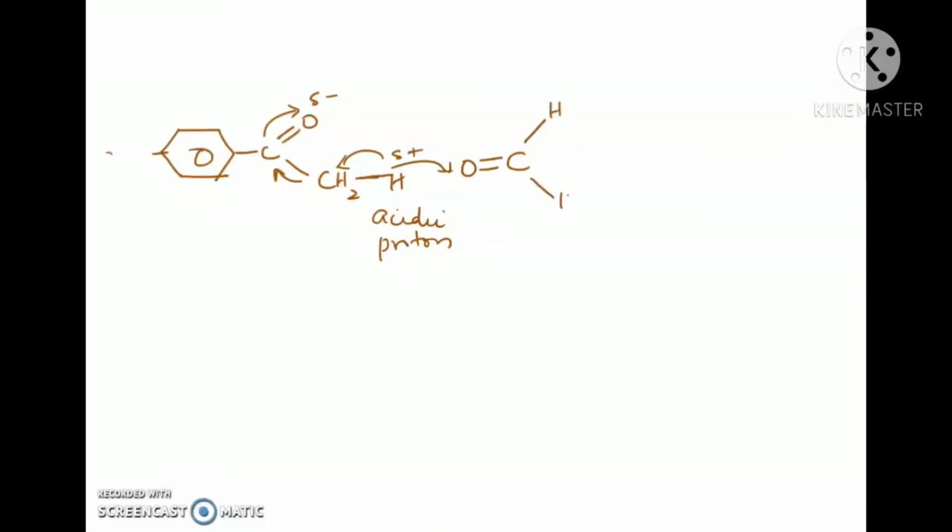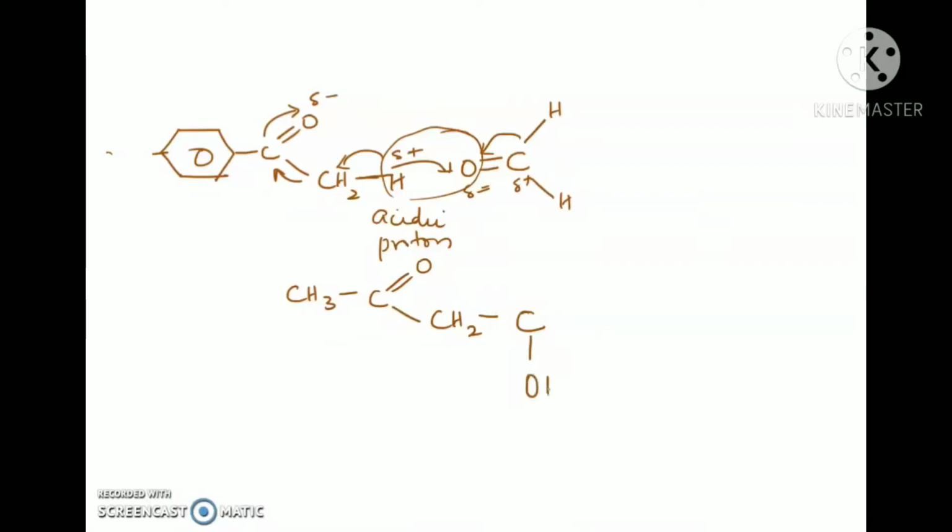The oxygen atom, being electronegative, pulls the electrons towards itself, and that causes a shift of electrons towards the carbon atom, and the hydrogen atom attached to the alpha methyl group becomes acidic. The acidic proton is pulled out by the formaldehyde, that is, the carbonyl oxygen atom of the formaldehyde pulls the acidic proton of the methyl ketone. I forgot to write the phenyl ring there in 4-methyl acetophenone; that phenyl ring I missed out.